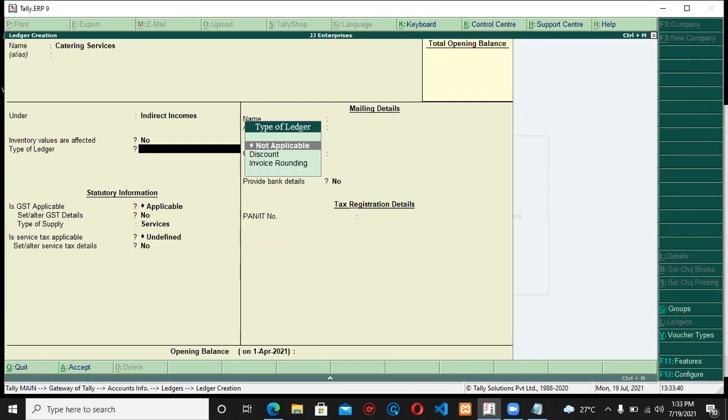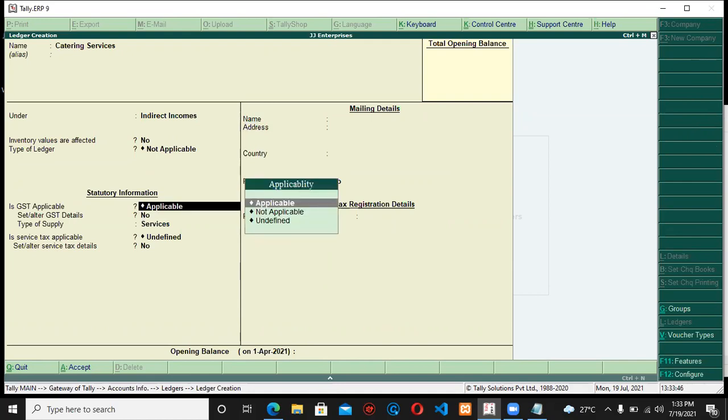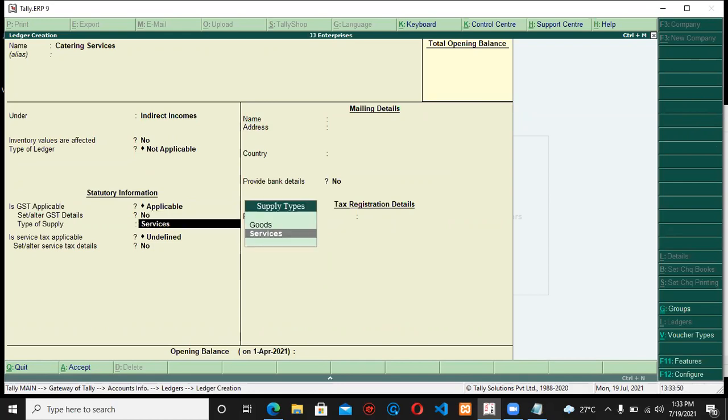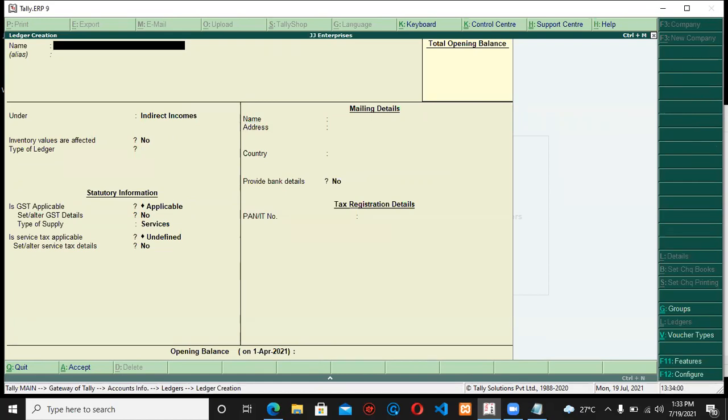Is GST applicable or not? Type of ledger, it's not applicable here. Okay, GST is applicable. And settle the GST, we are doing it at company level, no need to give any details, and that is the service. Okay, so in this way, I'll just press Control A to save our catering service ledger. The catering service ledger is now created and available.